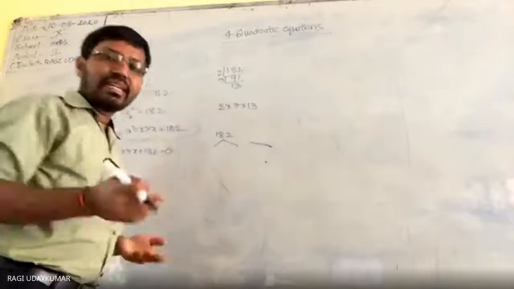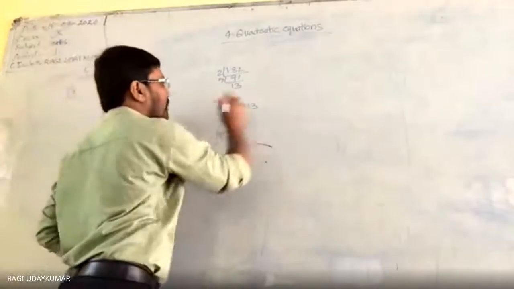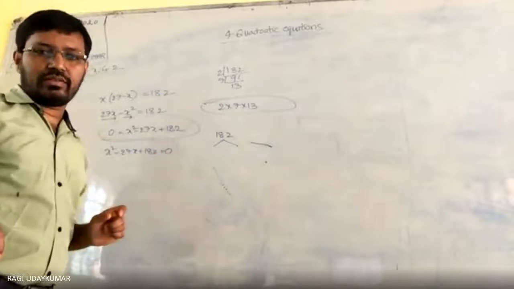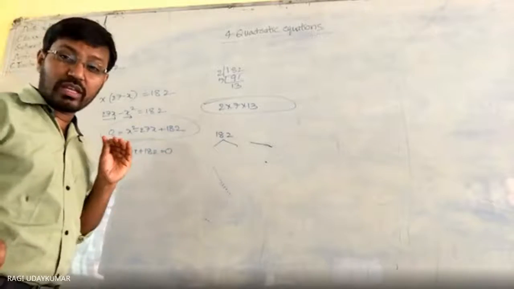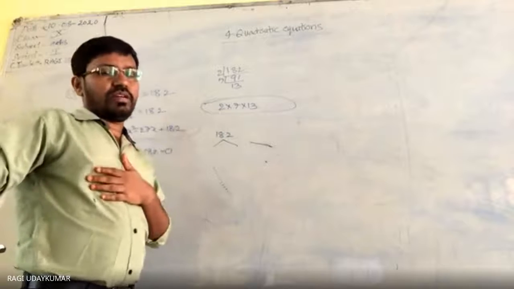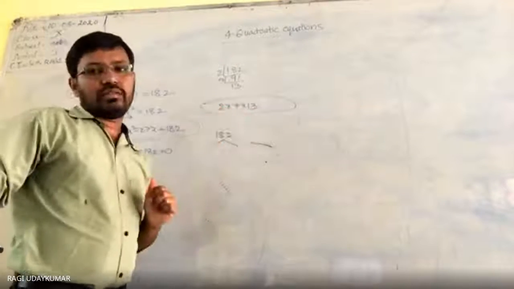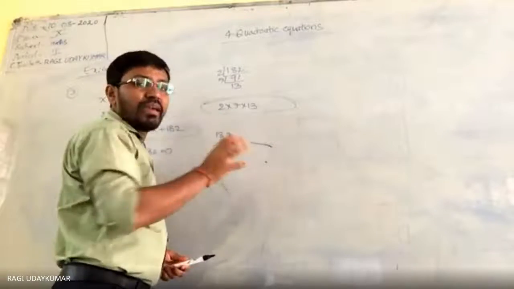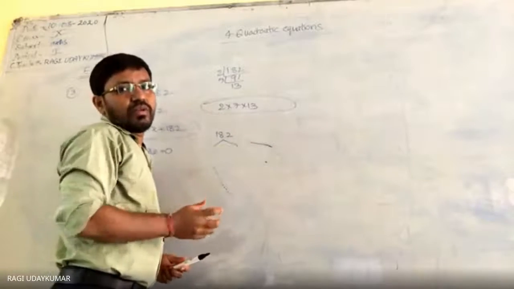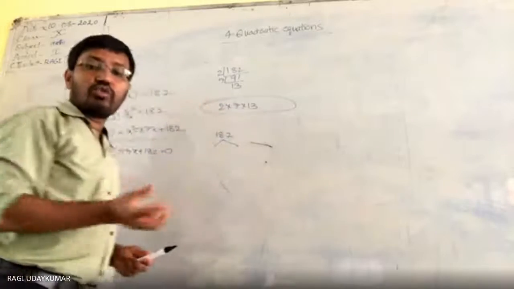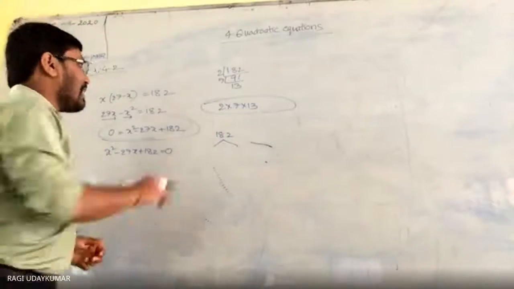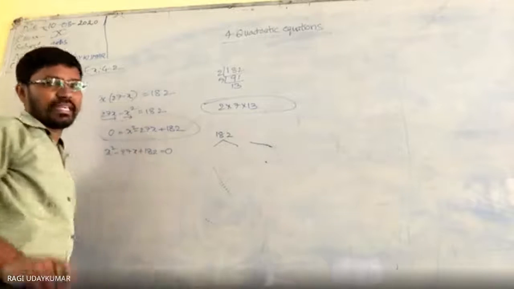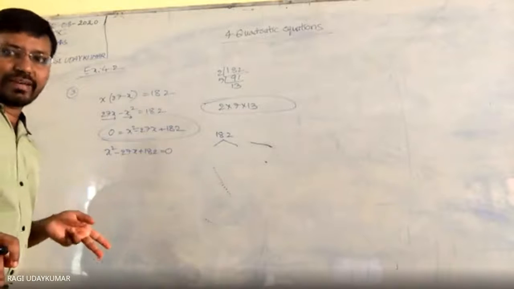Suppose any other number is given to you, like this some product you are going to get, maybe very big also. Suppose instead of 182 it is given as 224. You factorize 224 and get the product form, and from this you need to make two groups. You take the products of those two groups, and their sum should be equal to 27. The sum of both should be 27.